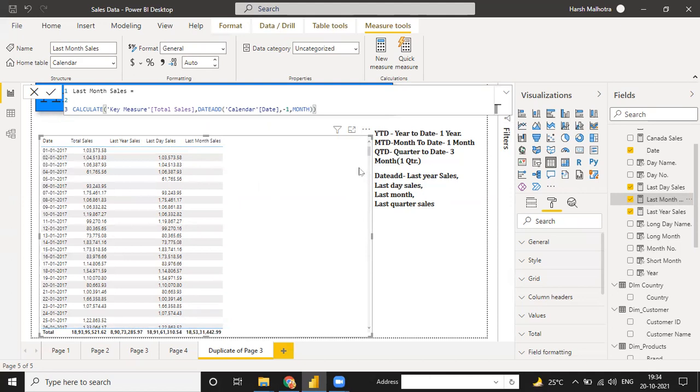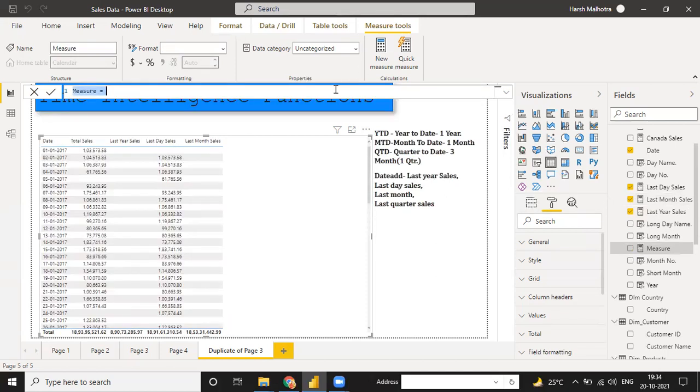Same way, we have one more function. Instead of this function, I can use one more function for last year. But what is the disadvantage of the PARALLELPERIOD or SAMEPERIODLASTYEAR?